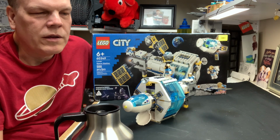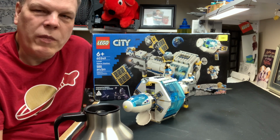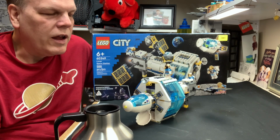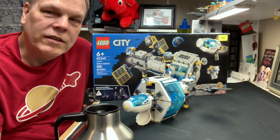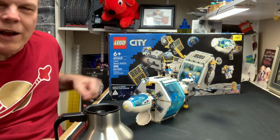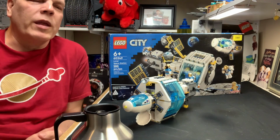Because I bought 1.0 Mindstorms. I bought the first one in like 98, 99, whatever it was. And I bought the second one not too long after that. And those were $300 a piece. And then I acquired a whole bunch of used ones. But